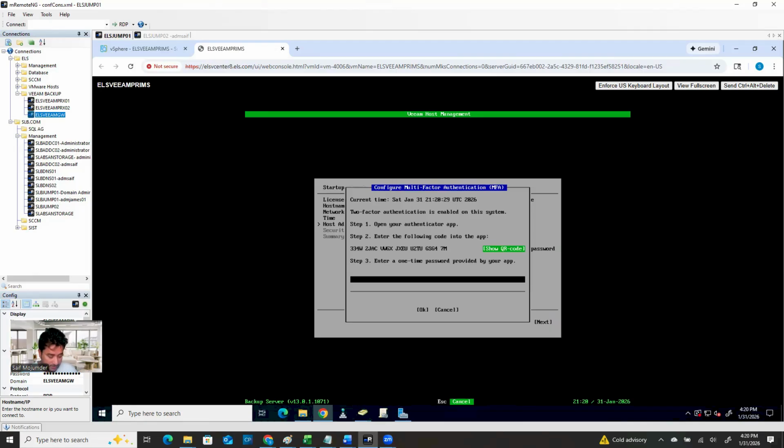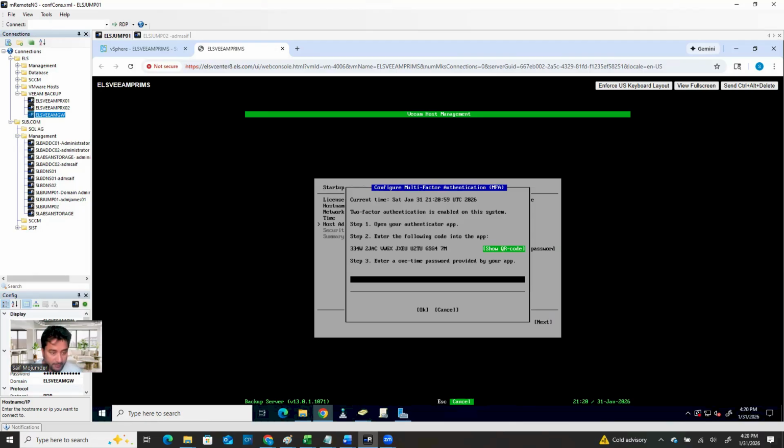Just one second. Okay, so the authenticator app from your phone, you can download the authenticator. You can search on your phone, install the authenticator app. You can just go to your app store and download the authenticator, and then open the authenticator app and